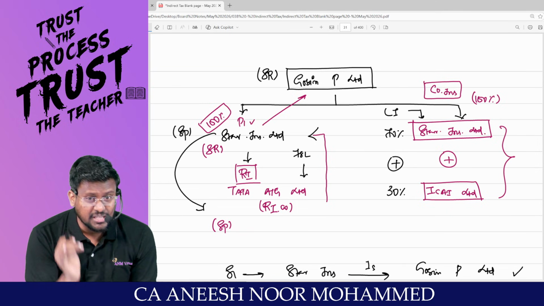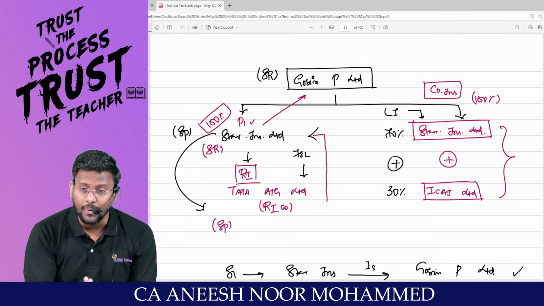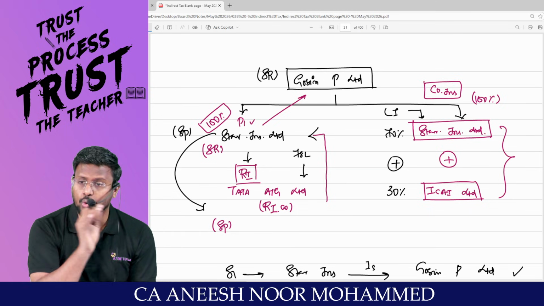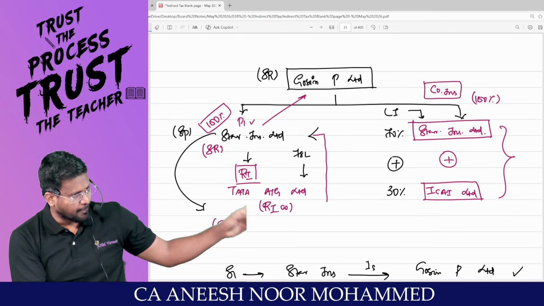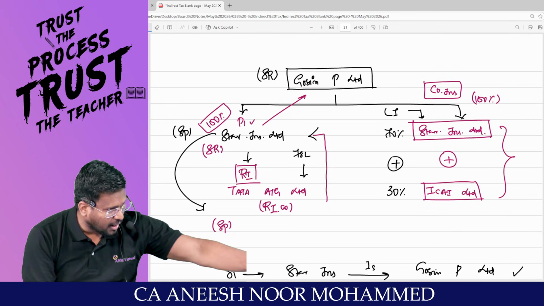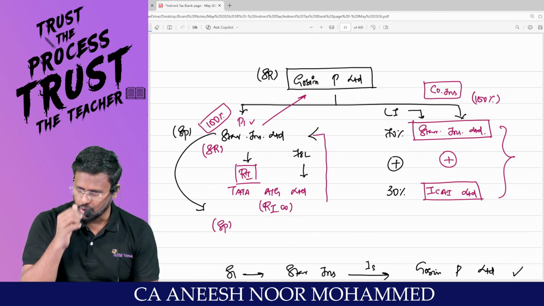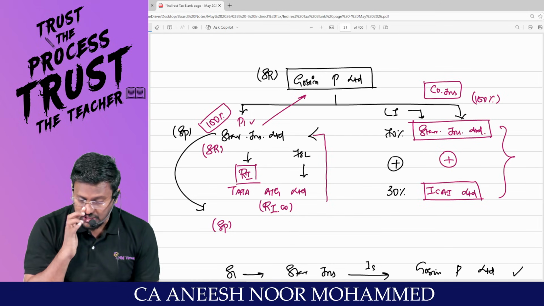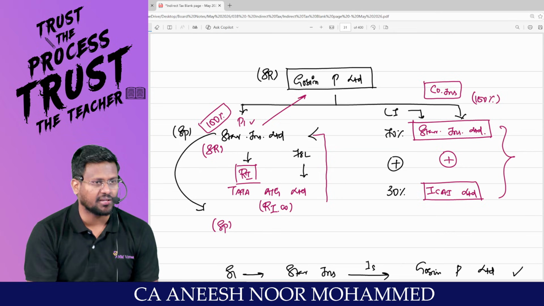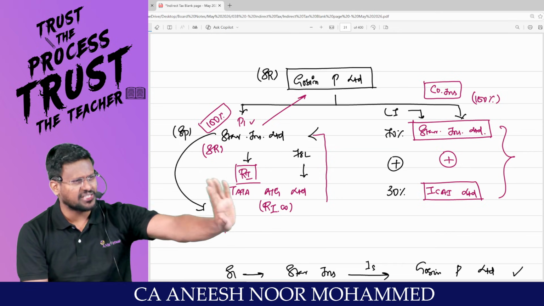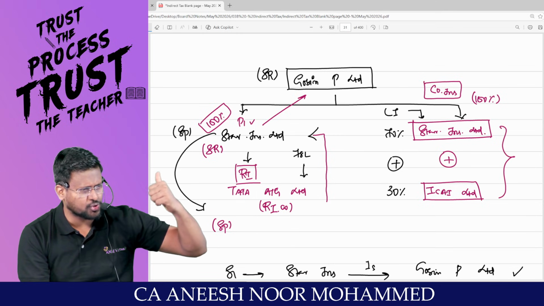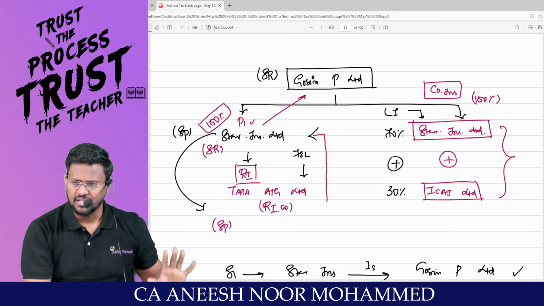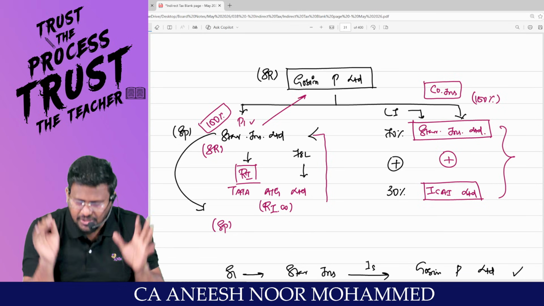Now Star Insurance is fearing, if I provide 100% insurance services to Gopin Private Limited, tomorrow something happened to Gopin, my money will be gone. So let me call some other person also. Sir, Star were able to convince ICAI Limited. Star said to ICAI, I will take care of 70% of the risk exposure. You take care of 30%. And I will be collecting 100% of premium.